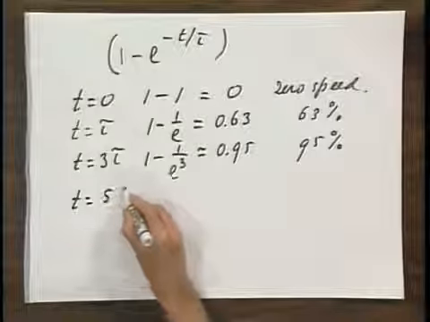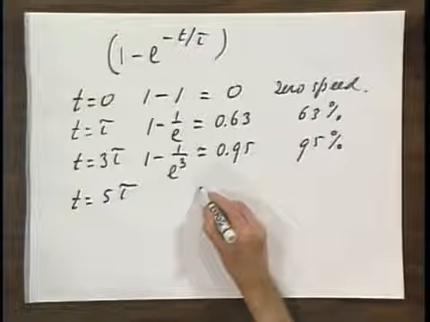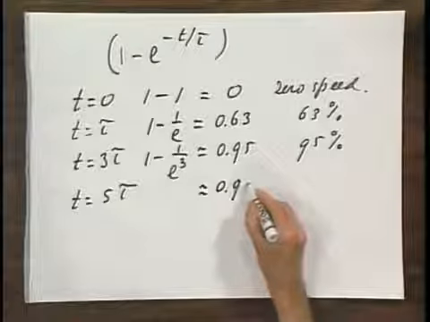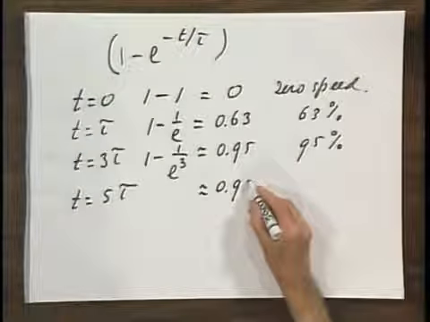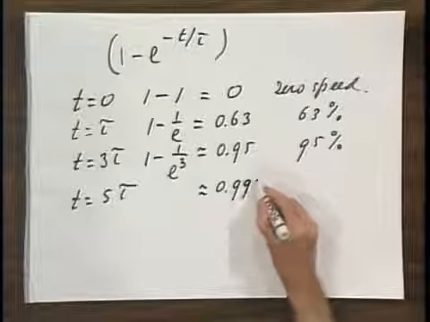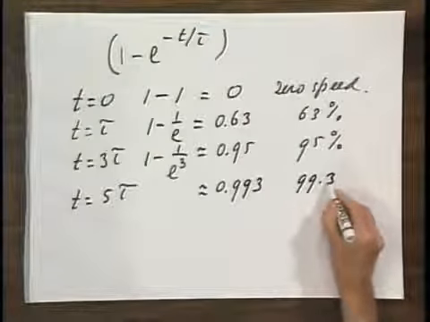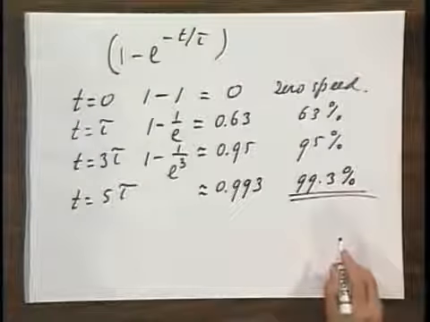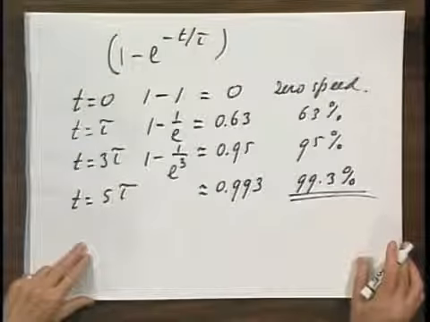Let's go to 5 tau. Well, you do your homework and you will find that the value of 1 minus e to the minus t over tau is now 0.993. So you are at 99.3% of the terminal speed. So how long do you have to wait now to reach the terminal speed? Well, you would have to wait infinitely long. But of course, for all practical purposes, I would say, it depends a little bit on your own taste, that after maybe 3 tau or 5 tau, you are close enough that you can say, well, we have really reached